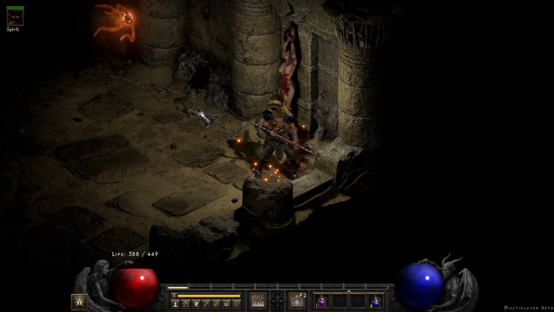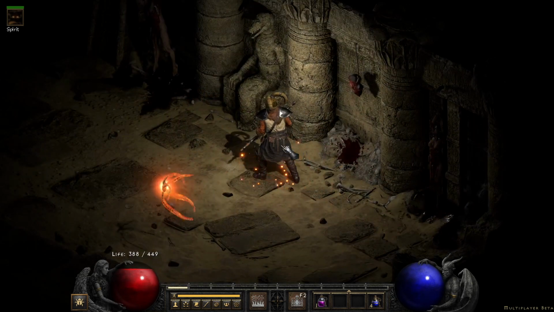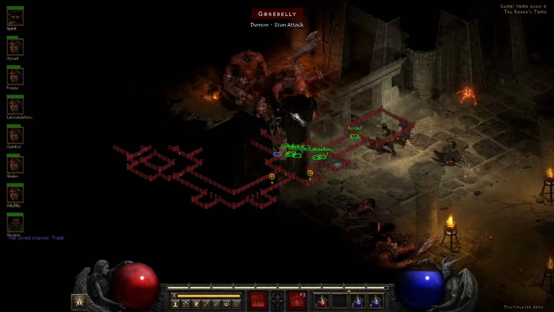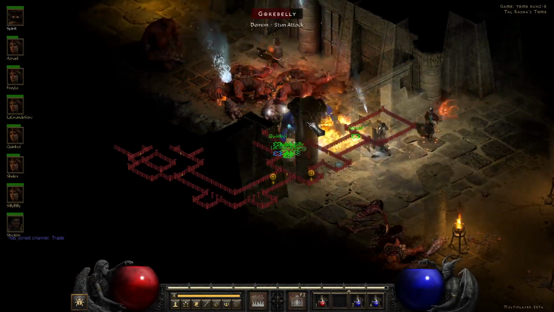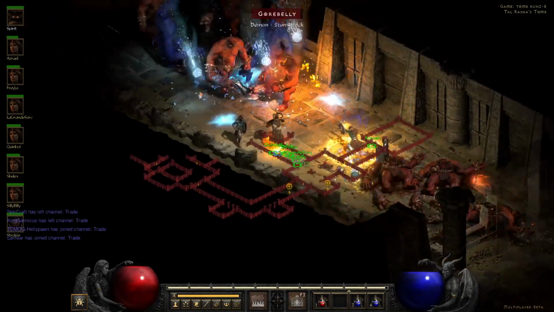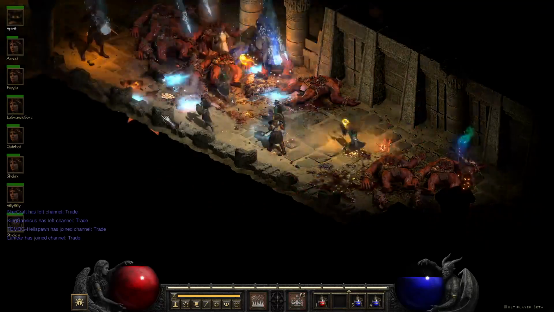And for the skills, like I said, they're looking good. Besides the sorceress's lightning still kind of looks noodly, but hopefully they fix that. But I mean, that's just a very minor thing. I could get over that. I can get past that. But one of my other